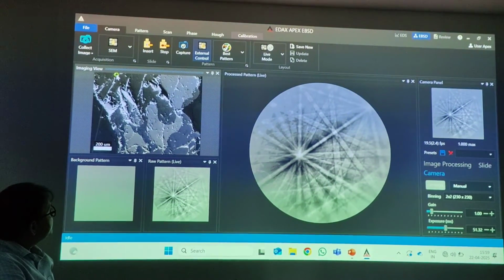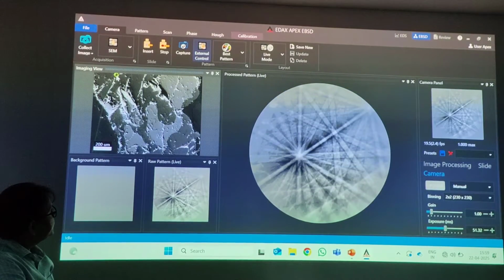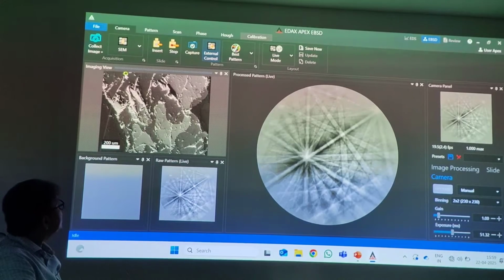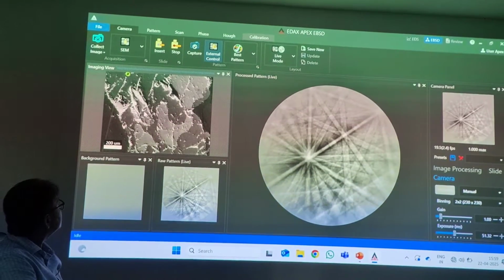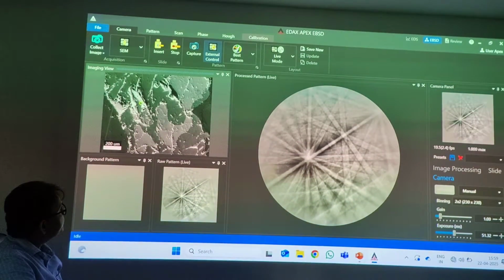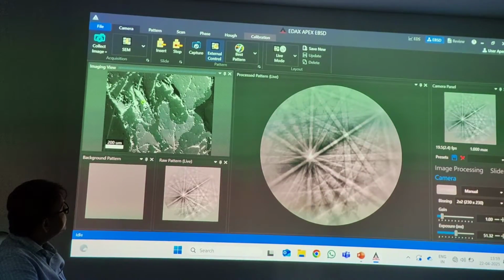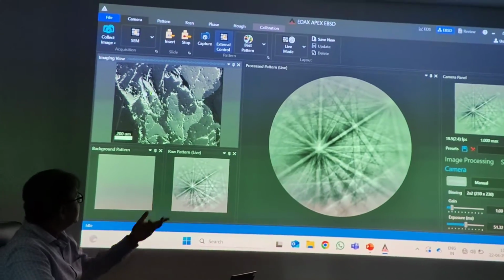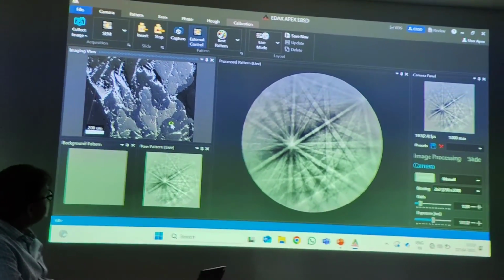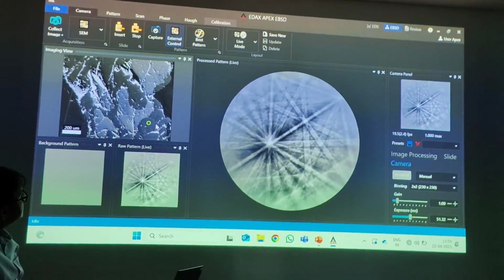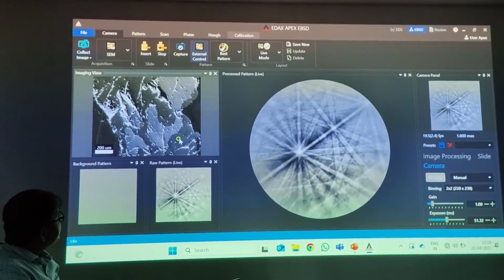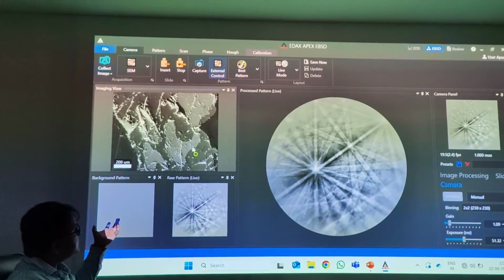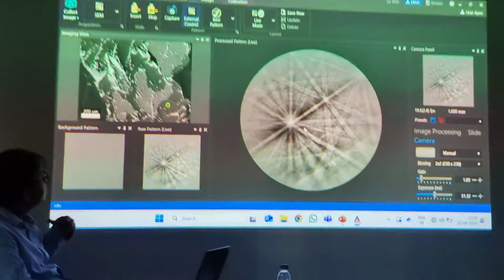So if I click here, my pattern will get changed. If it is part of the same grain, then the pattern will look similar, but let's say if I go to some other grain, let's say somewhere here. On the live system you must have seen this, because it's a demo software, so it might not get changed. Typically it should change, but anyway, the point is the moment you go to a different grain, the orientation will change and hence your diffraction pattern will change.